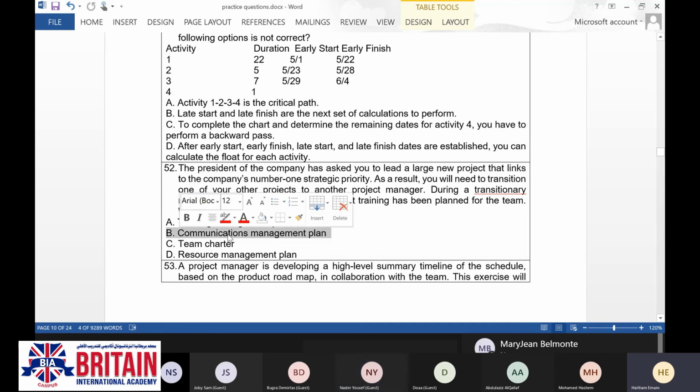So now we are going to remove these two, the communication management plan and team charter. So still we have the resource management plan and the training management plan.